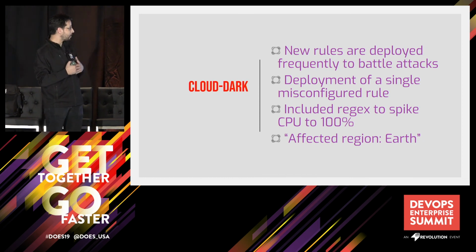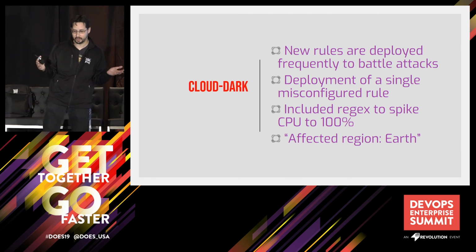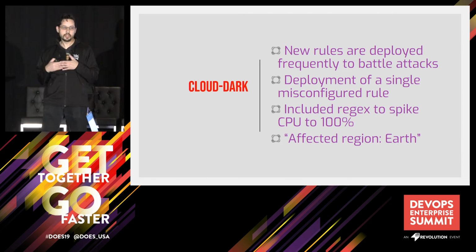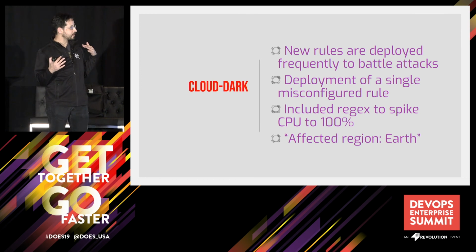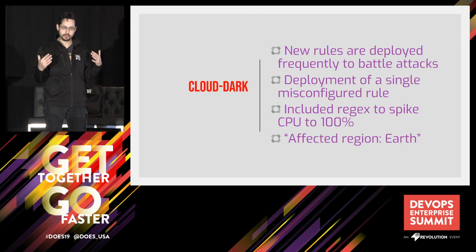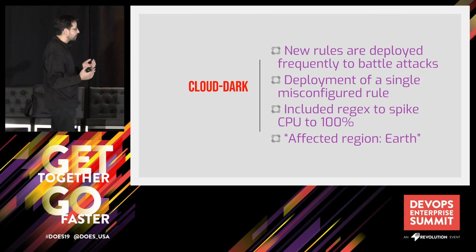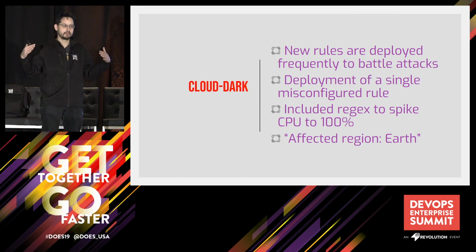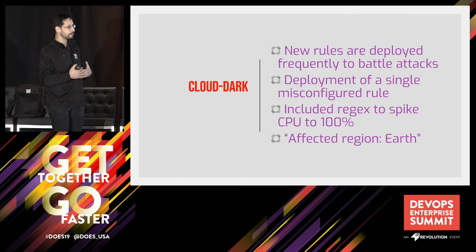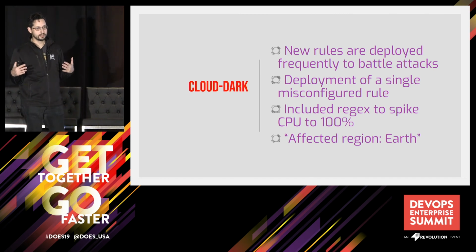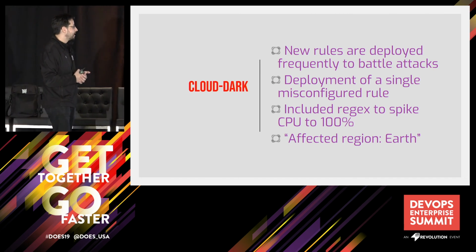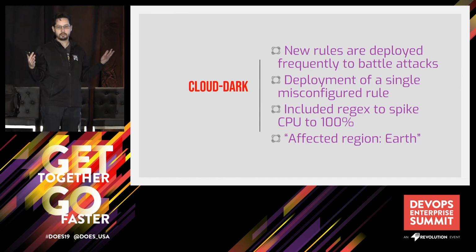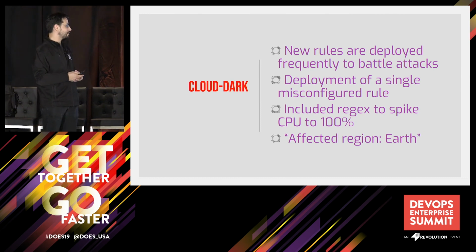So basically, the whole cloud went dark as a result of Cloudflare having issues. And the reason why this occurred is because they had a bunch of regular expressions which were used for filtering. One bad regular expression caused the entire system to spike on load, and that took down the entire system. So it's very simple. As you guys know, if you've done regular expressions, they're very easy to write, impossible to read, impossible to validate the correctness of, and you can destroy your entire deployment with a single misconfigured regular expression, and in this case, affect the entire Earth.